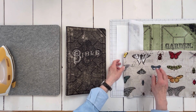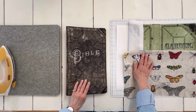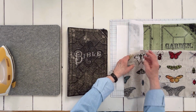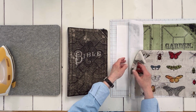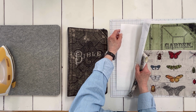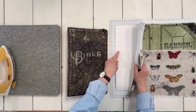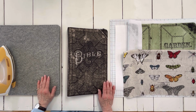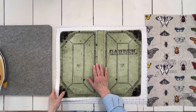cover today. You need your inside lining fabric, which I chose the linen, and you need a stiff interfacing. This one is fusible. I believe it's Peltex. So let's get started. Okay, so my